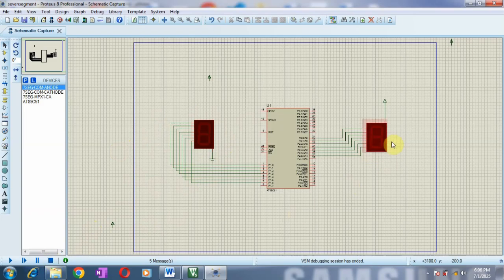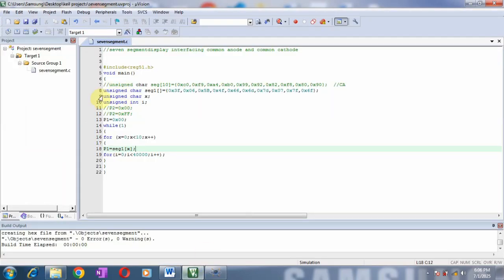Now let us see how the numbers will be displayed on common anode. Here if you can see, I have connected the common anode display to the port P2. As per this, I am going to make the changes in my code, and as it is a common anode, I am going to connect the common terminal to the VCC. I have already connected this terminal to the VCC, and the port 2 pins I have connected to this display. Now let's make the changes in the code. Here I want to remove this comment because it is for common anode, and I am going to comment out the common cathode part because now I want the codes for common anode.